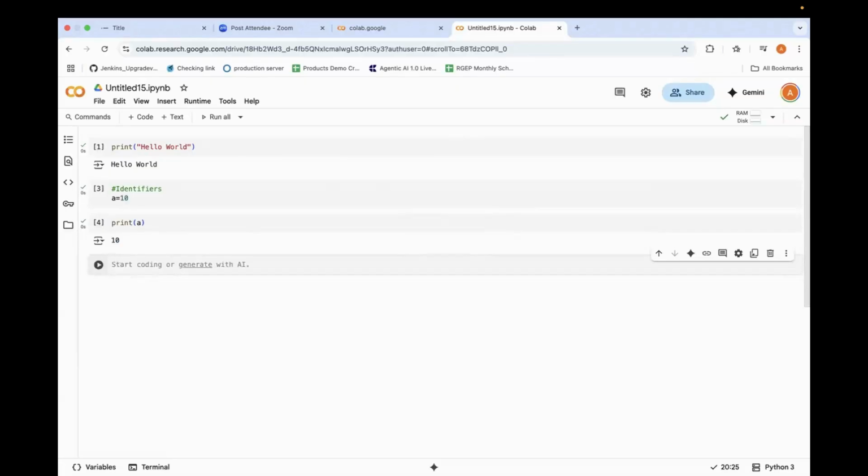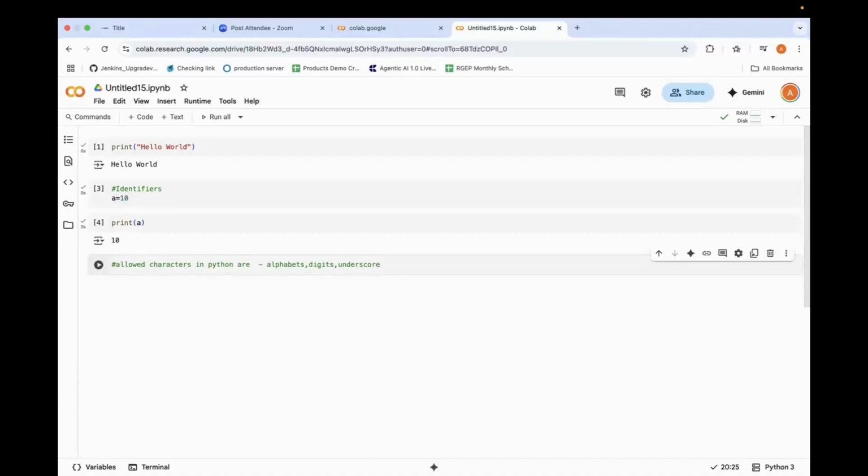You can consider anything. Now there are some rules to define identifiers. The only allowed characters in Python are alphabets, both uppercase and lowercase, digits, and the underscore symbol.